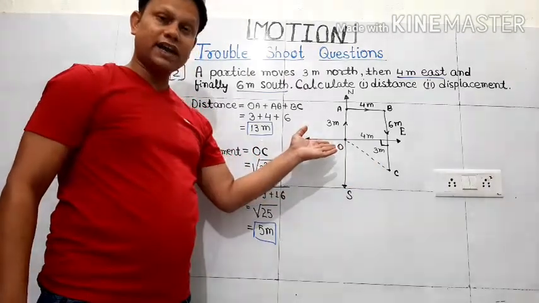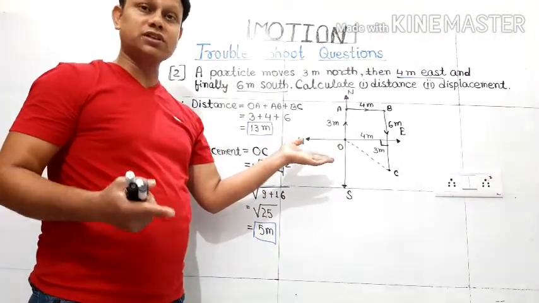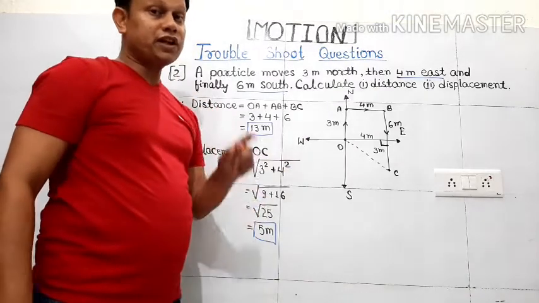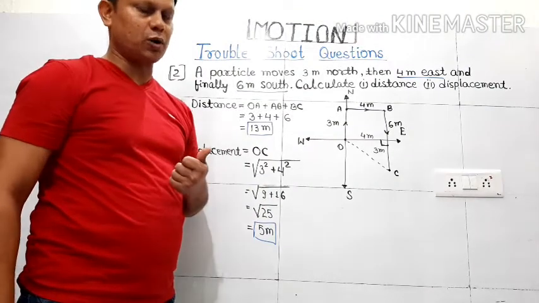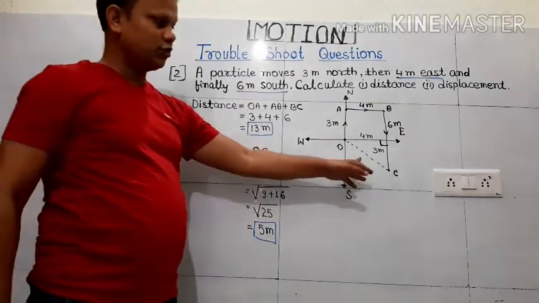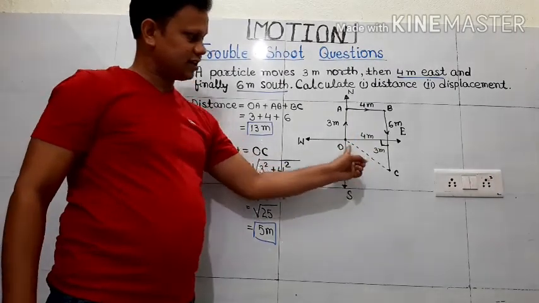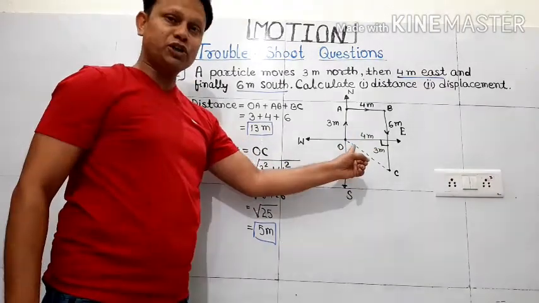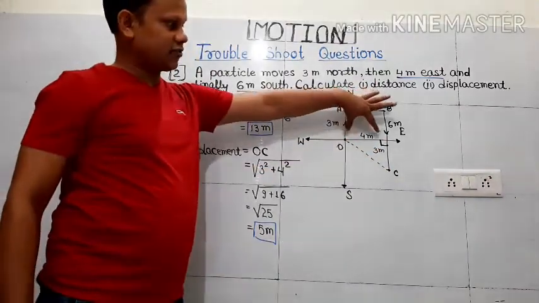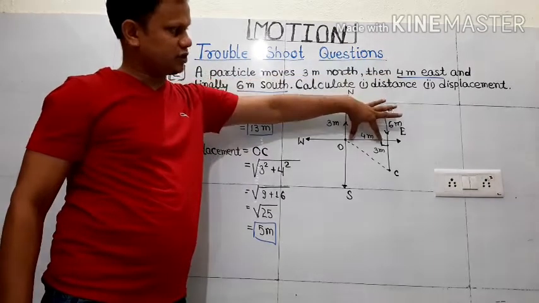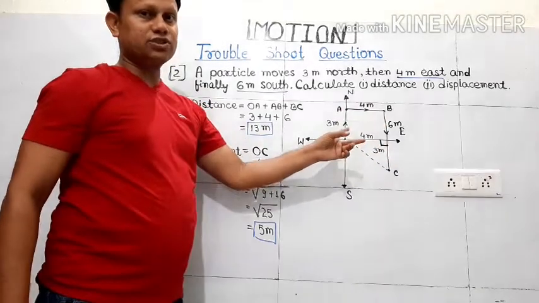So in the diagram, which part is showing the shortest distance between initial and final position? That is OC. If we get the length of OC, we get the value of displacement of the object. Now, to get this value, we are going to take help of mathematics. This length is acting like a hypotenuse in this right angle triangle. In this right angle triangle, this part is 4 meter because this is 4, then obviously this part will be equivalent to 4. It is looking like a rectangular shape.